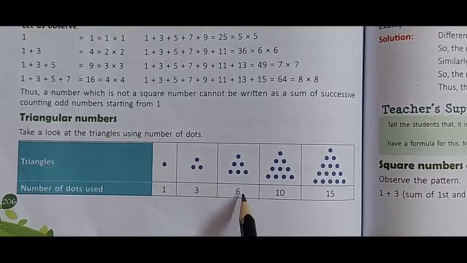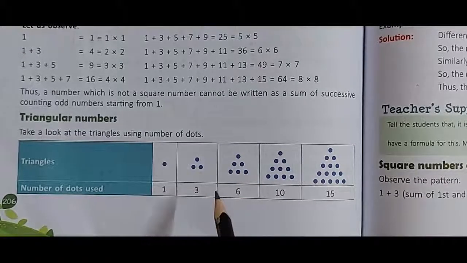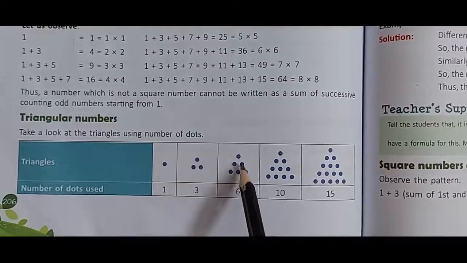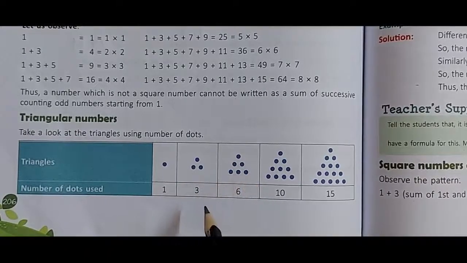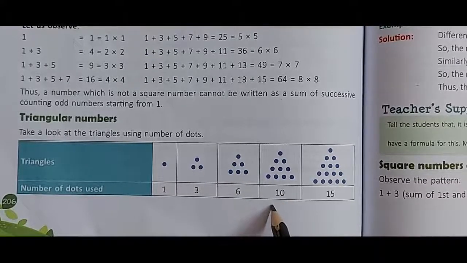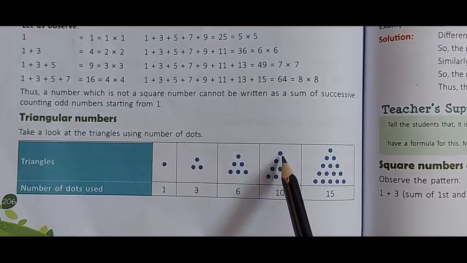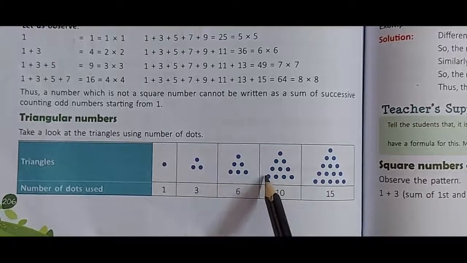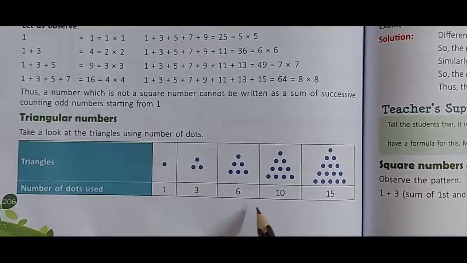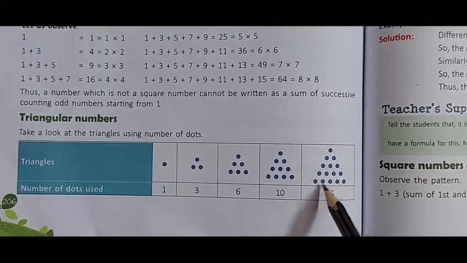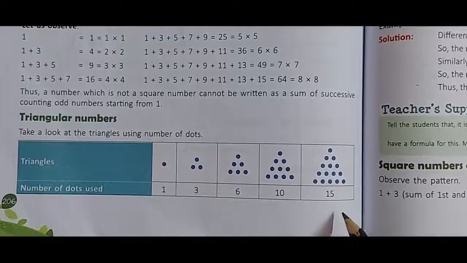After that you can see here 6 dots. They are representing one triangle. Here we have the first 3 dots, and below that another 3 are kept. Then comes 10. After 6, the next is 10. You can see here 3, this is the 6, and then below this you have kept 4. So 6 plus 4 has become 10. Then you see this 10 was there, another 5 you have put here. So 10 plus 5, you got 15.